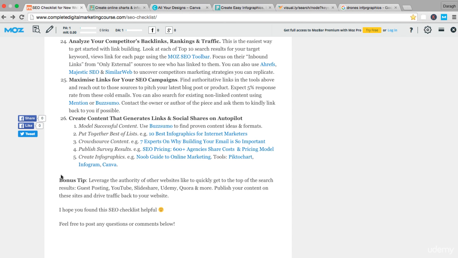I've got one final bonus tip. I think you'll like this. This is really how you can get to the top of the search engines quickly, even if you know